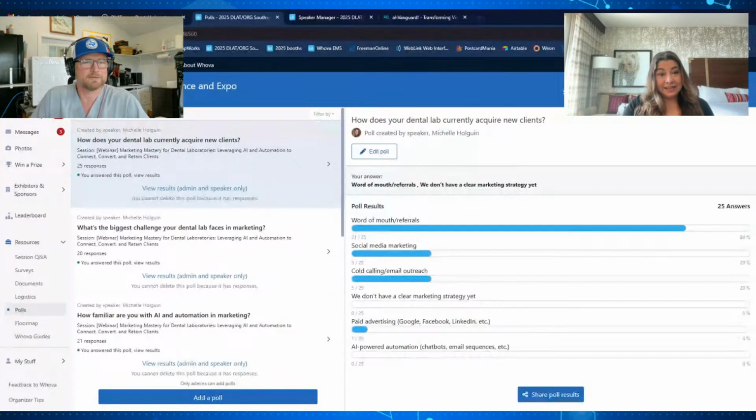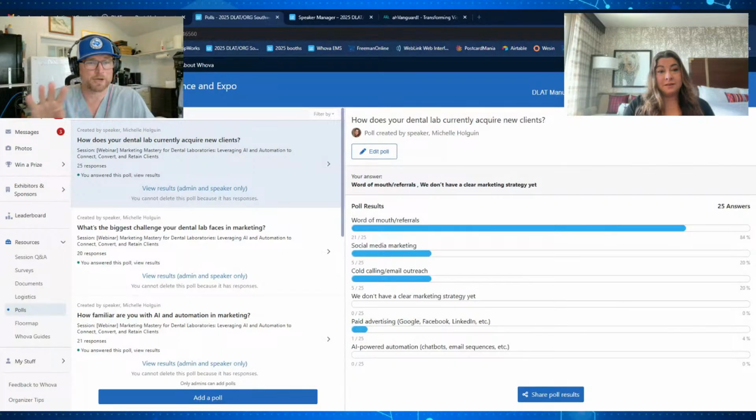promotions. Exactly. There's only a finite number of hours in every single day. What can you do 9 to 5, 5 days a week? And what can you automate? That's where AI and automation comes in and is your best friend at times. And at the very bottom, AI powered automation, chatbots, email sequences. Nobody chose that. No, no one. That actually surprised me again,